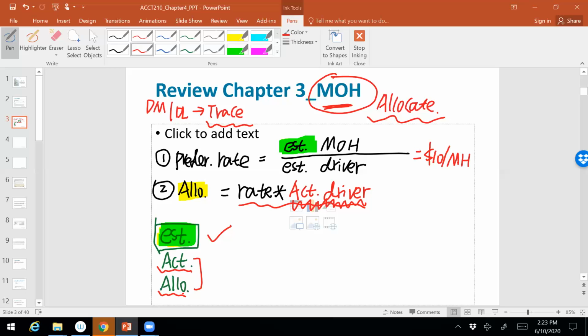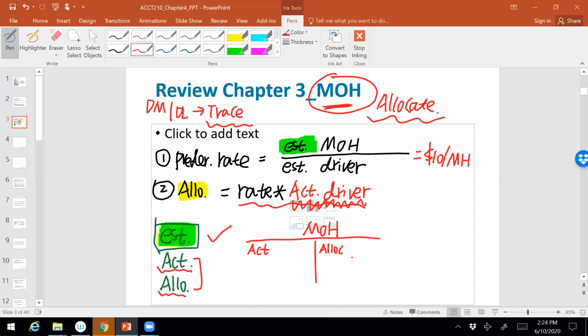So at the end, remember chapter 3, journal entry, I don't know if you like it or not, but at the end, we have to do one specific step: we have to adjust our manufacturing overhead. So your left side is always your actual. Your right side is your allocation. I said the manufacturing overhead is like a swimming pool. When it happens, you pour water in the swimming pool, you debit it. When you allocate it, you get the water out from the swimming pool and you pour it into that specific job,